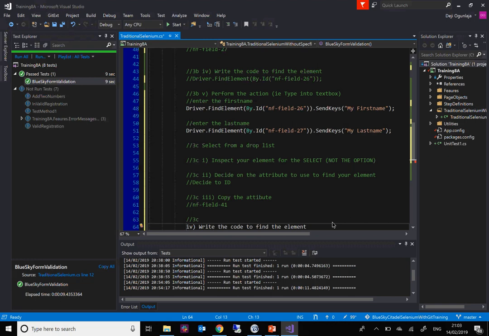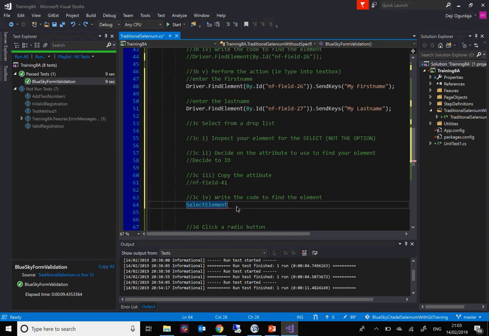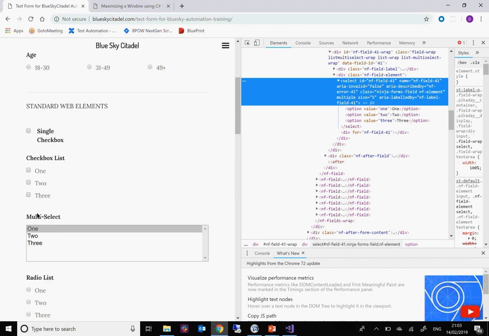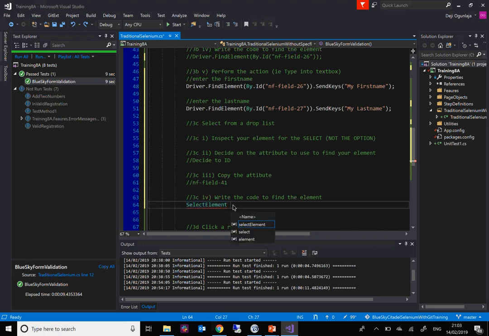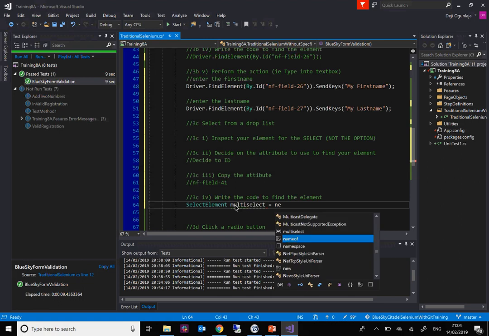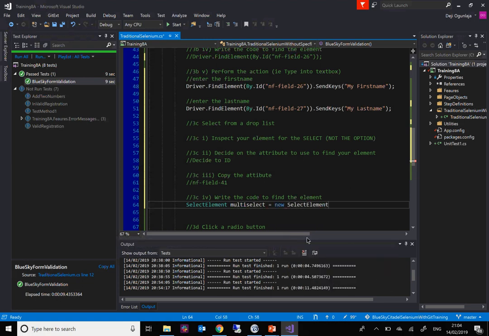so let's write our code. This is going to be a bit different from the one that we've done. We're going to initialize our element, and maybe we call it multi-select. Let's say it is multi-select, and we call it multi-select is equal to new select element. Then, as you can see, it's looking for a web element. And maybe before I do that,